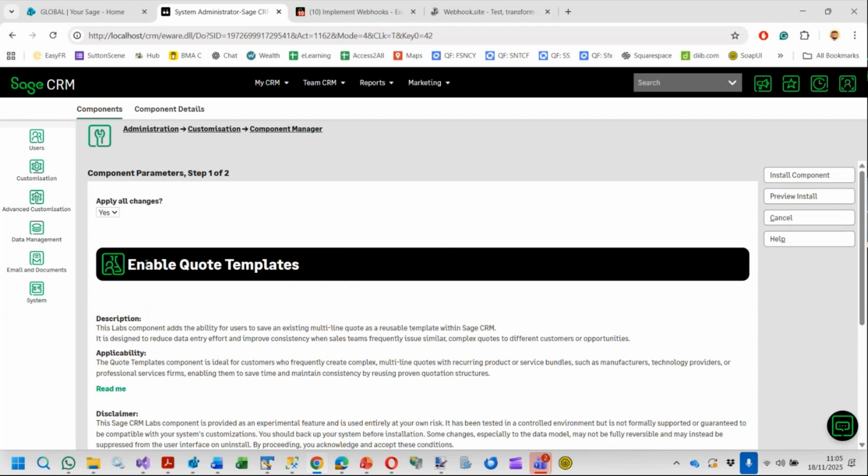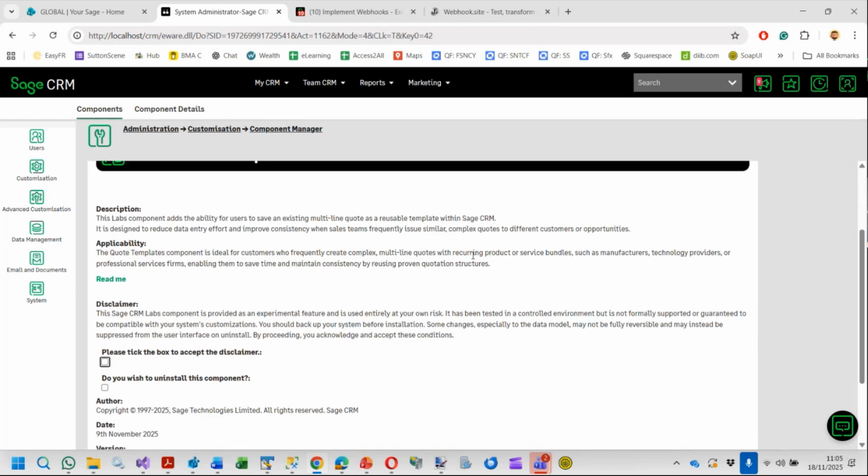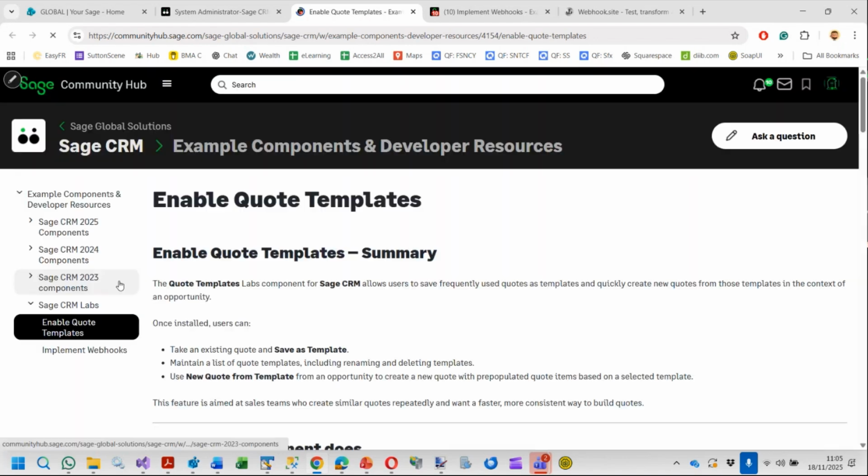You can see that it's marked visually, graphically, as being a labs component with a description, the applicability, and a disclaimer with the link to the README. The README file is the documentation for that component, and you can find that inside the wiki pages of the